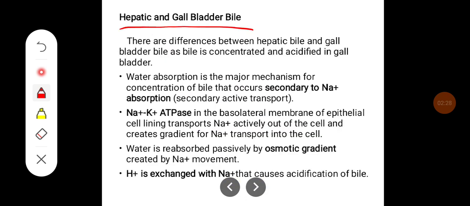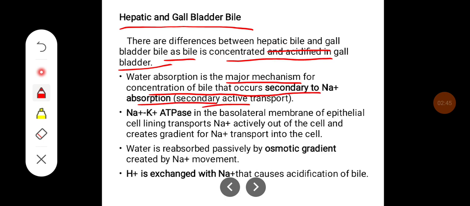Hepatic and gallbladder bile. There are differences between hepatic bile and gallbladder bile, as bile is concentrated and acidified in gallbladder. Water absorption is the major mechanism for concentration of bile that occurs secondary to sodium absorption by secondary active transport. Sodium potassium ATPase in the basolateral membrane of epithelial cell lining transports